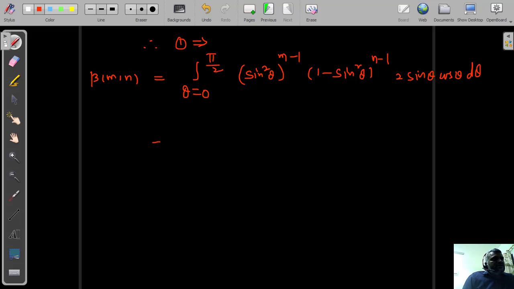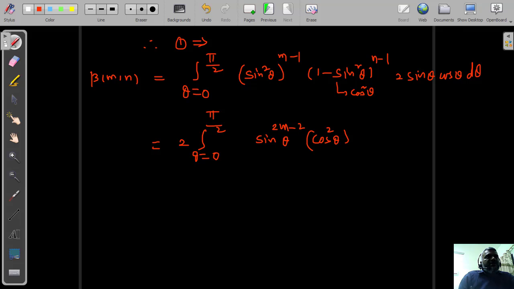Now simplifying the integrand. Here we have 2 in the integrand, so write it outside: 2 times the integral from 0 to pi by 2 of sine square multiplied with 2, which means sine to the power 2m minus 2 theta. Here we have a rule: 1 minus sine square theta is nothing but cosine square theta by the trigonometric identity, which gives cosine square theta power n minus 1, multiplied by only sine theta times cosine theta